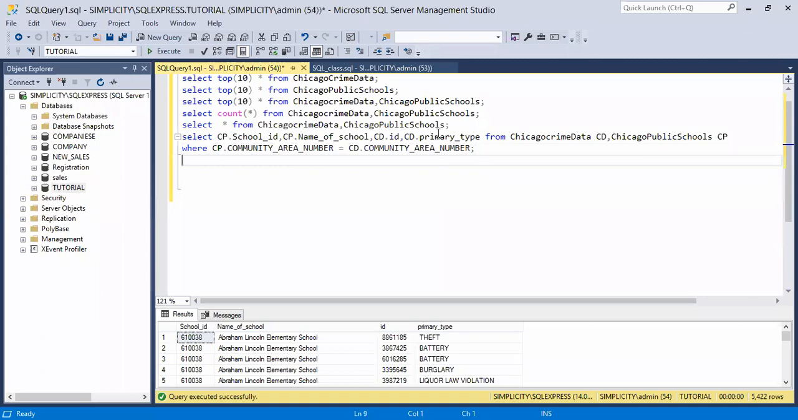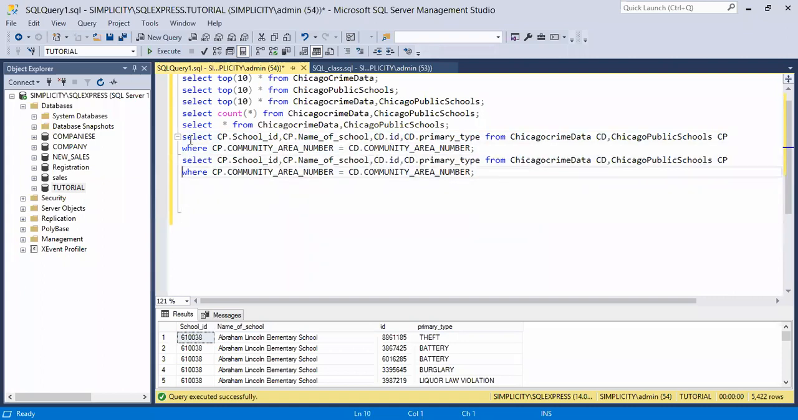So let's do that. For inner join also, let me copy this data. I'm sorry for that, I have to copy it in order to save time. So select school ID. I want to select these three from Chicago